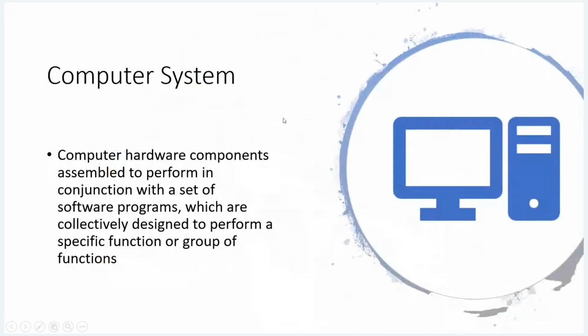So the first thing we'll understand is CSV. CSV is what? The full name of CSV is computerized system validation, not computer system validation. So there is a difference between a computer and computerized. A computer is simple. Your laptop, your desktop, your mobile is a computer, where we have hardware and software. Okay. So hardware and software collectively designed to perform a specific function or a group of functions is called a computer system. Simple things. We are already aware of it. We are already using computers in our daily life.